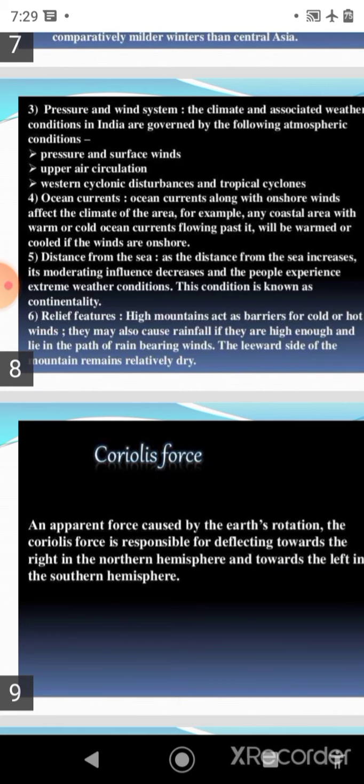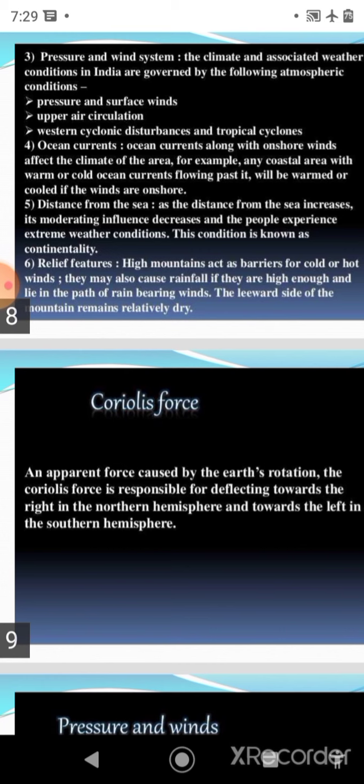After that, distance from the sea. This is another important factor. We know, as I told you in the previous video, that land is heated by the process of conduction and water is heated by the process of convection. Means water requires 2.5 times more energy to become hot in comparison to land. So during the summer, when land is hot, the water of the ocean is cool. So the cool water of the ocean moderates the temperature of the coastal area, and during the winter the situation